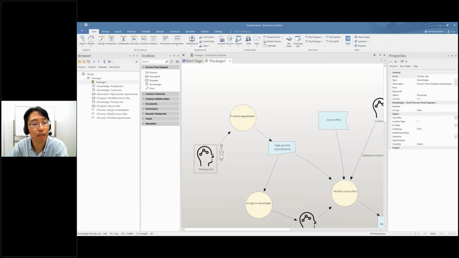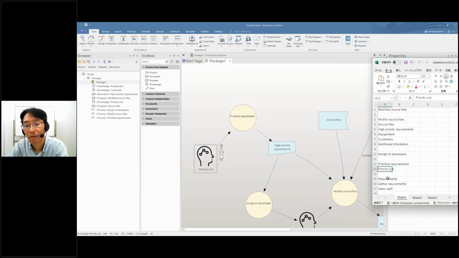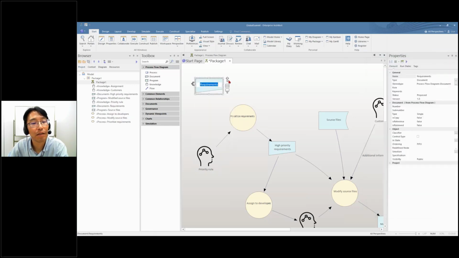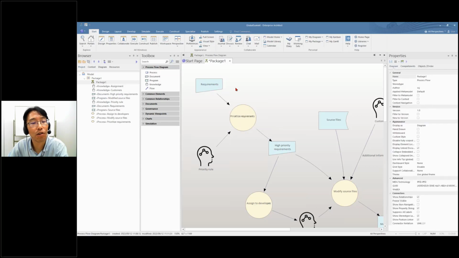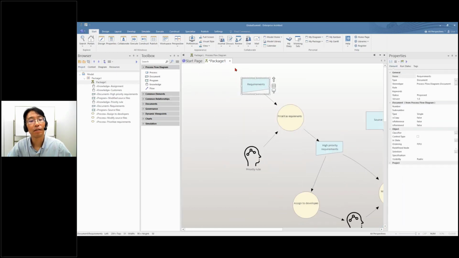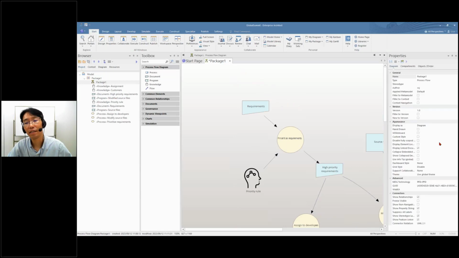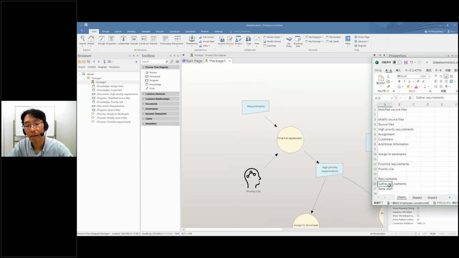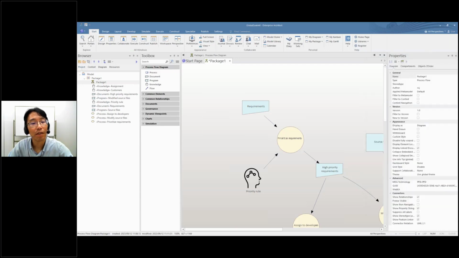So I use a knowledge icon. And requirements, yes, they're necessary, but they're documented. So I use a document icon. And then how to gather requirements here. So we add a process to gather requirements